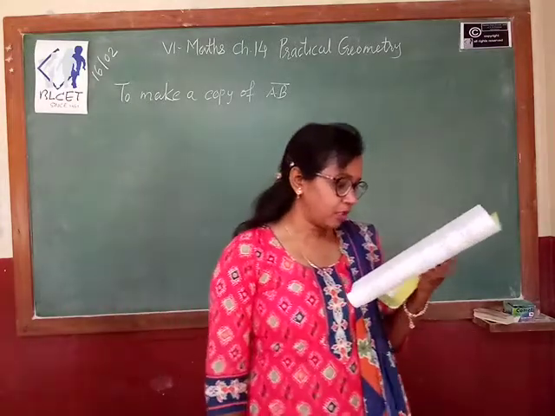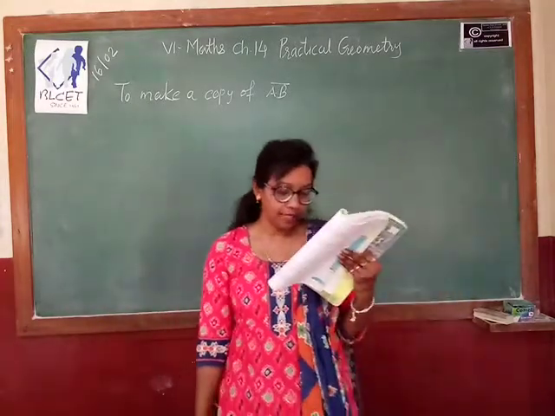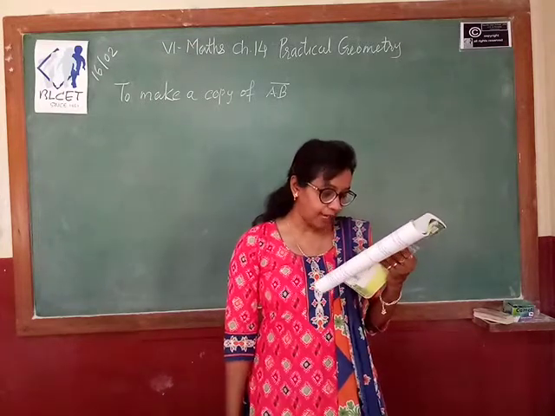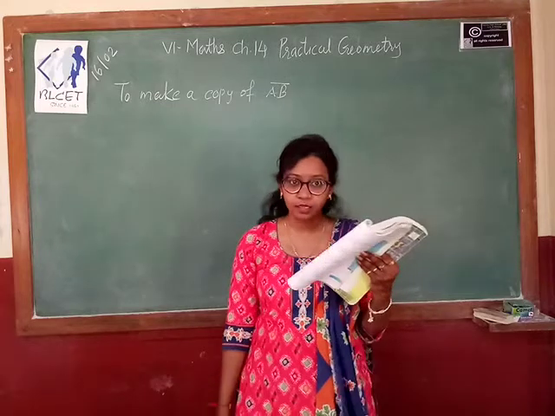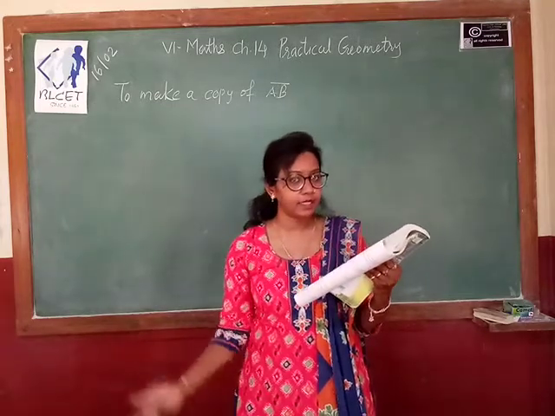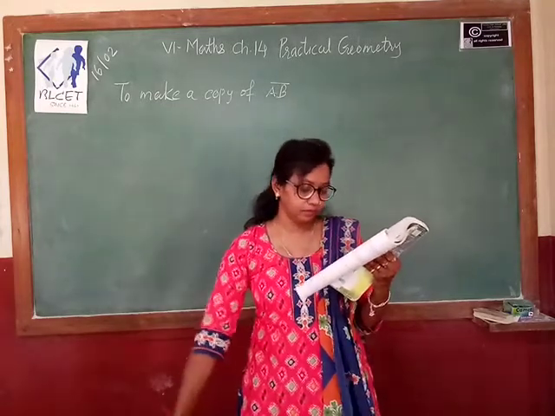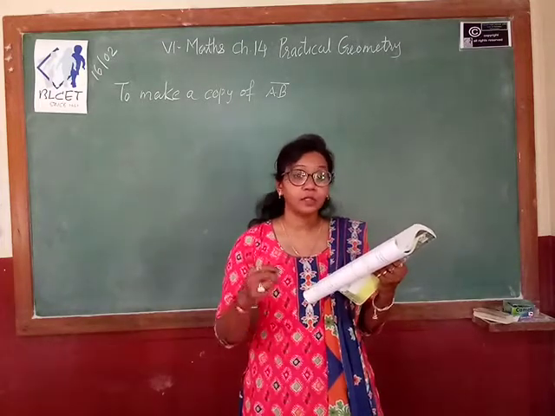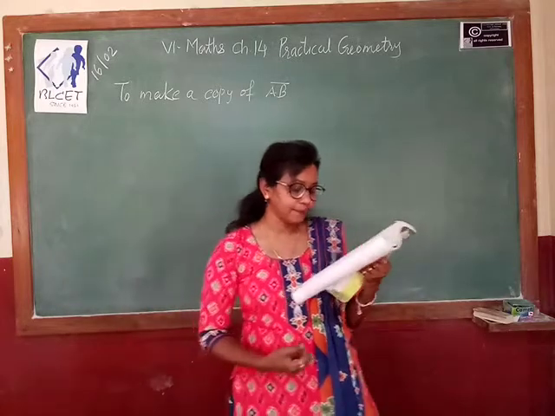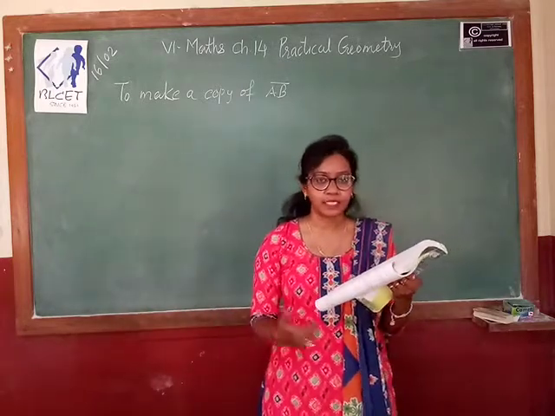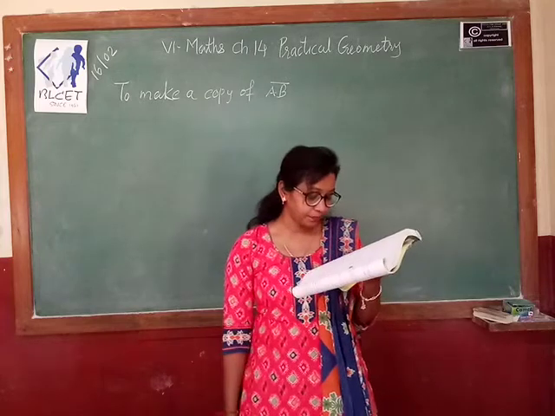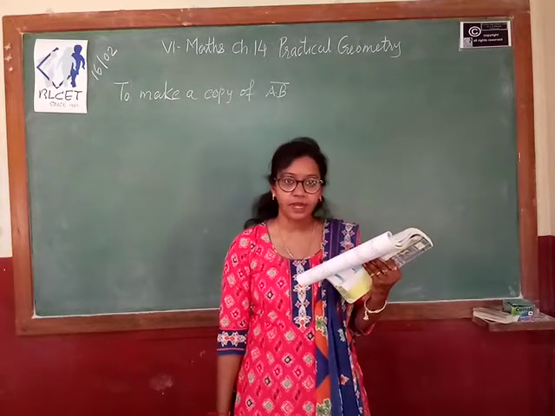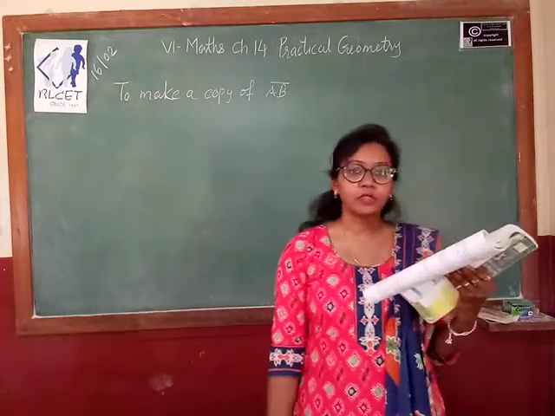Suppose you want to draw a line segment whose length is equal to that of a given line segment AB. A quick and natural approach is to use your ruler, measure the length of the given line segment and copy it. That is the very easy way to draw the copy of a given line segment. A second approach would be to use a transparent sheet and trace AB, that is, we can use tracing paper.